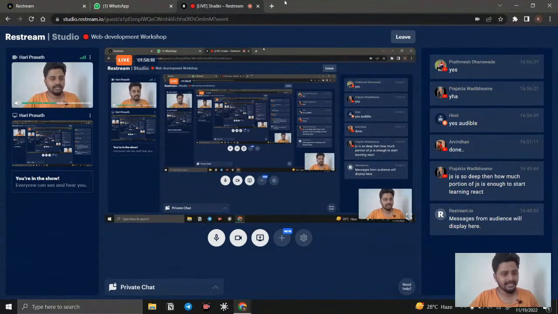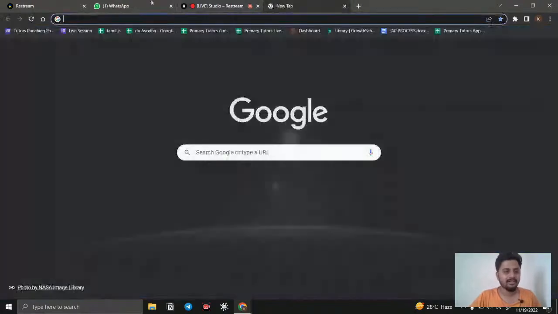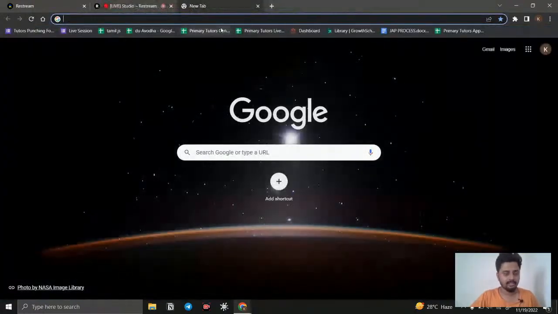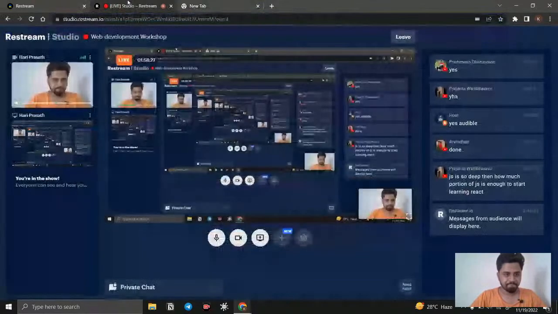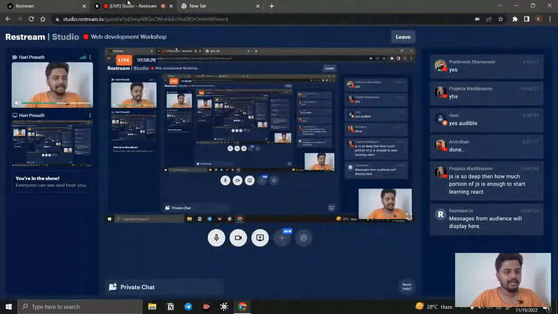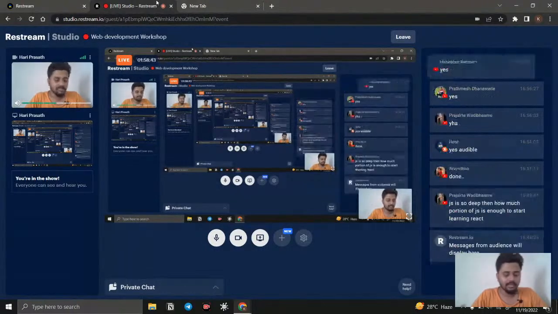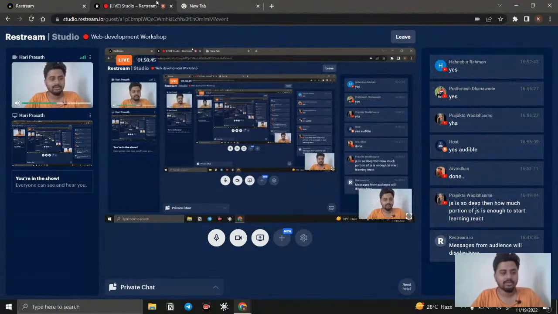So let us see what JS is, and what the purpose of using JS is as a front end developer, and then how we can move on to how it is working. For understanding JavaScript and the actual purpose of JavaScript, first we need to know how the web works, how the website works, how the internet works, what is front end and what is back end, some basic things.